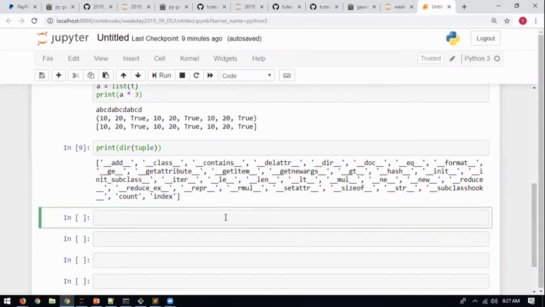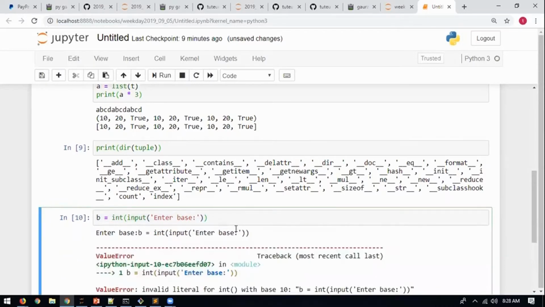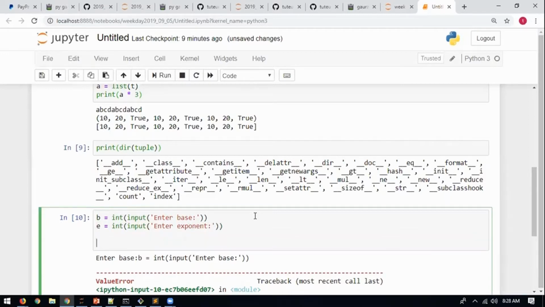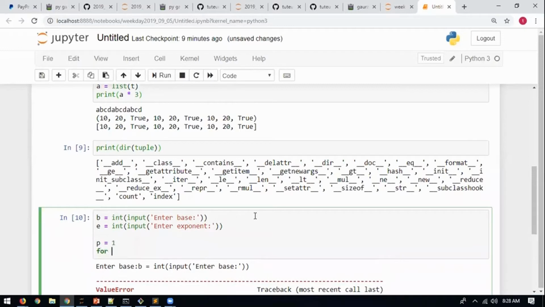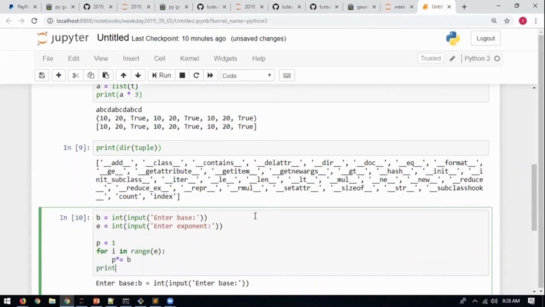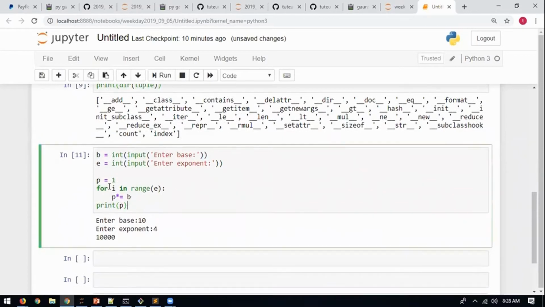For example, if I have to write the logic, let's say P equals int bracket input, and some logic would be written.